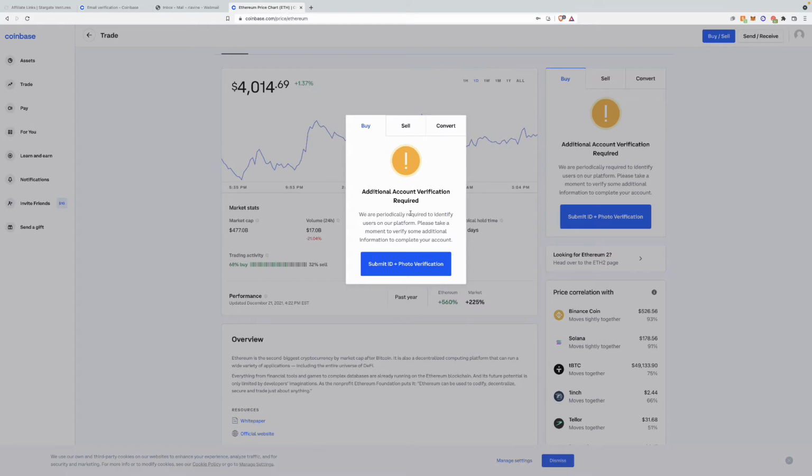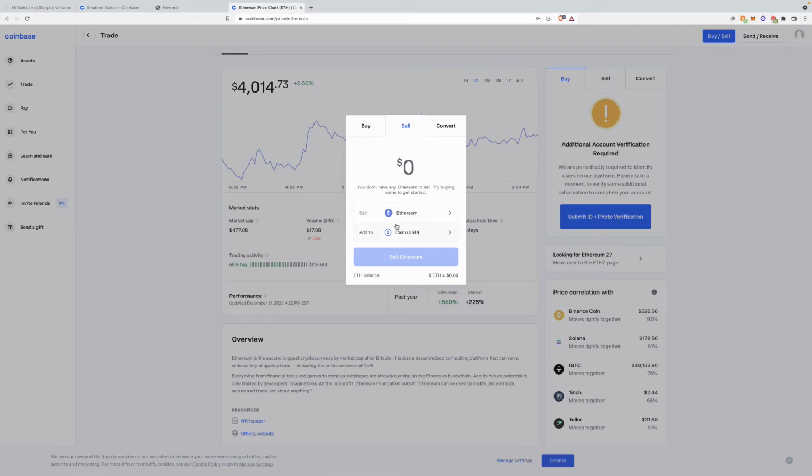You would enter in how much, maybe $100, $500, $1,000. And then you click buy and then confirm. And then you have bought your first crypto. And then if you wanted to sell, you go to sell. You type in how much you'd want to sell. Say like $100 of Ethereum you're trying to sell into cash, and then you'd click sell right there, and then